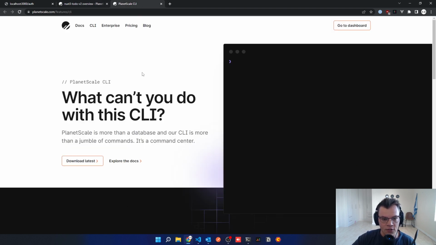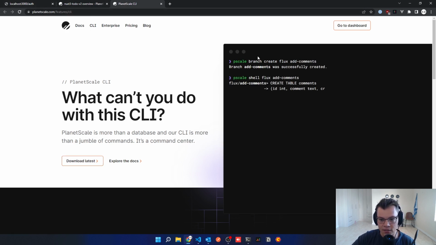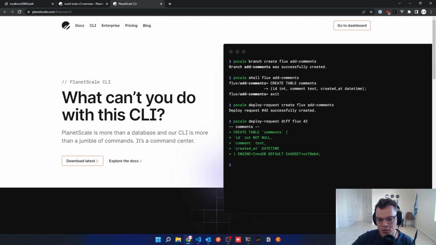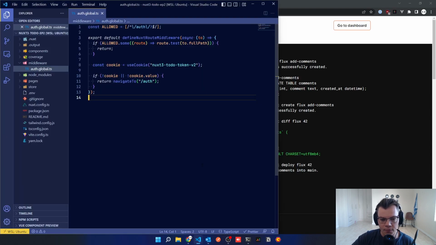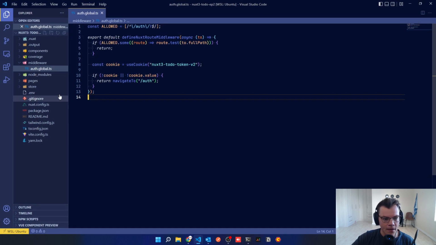database. So to install the CLI, you can go to this page, planetscale.com/features/CLI, download the latest, and then you can see they give you a few commands on how to deploy stuff. But we'll do most of this manually in the dashboard, but you can have a look at more advanced things. So if we go to the code again, what we want to do now is